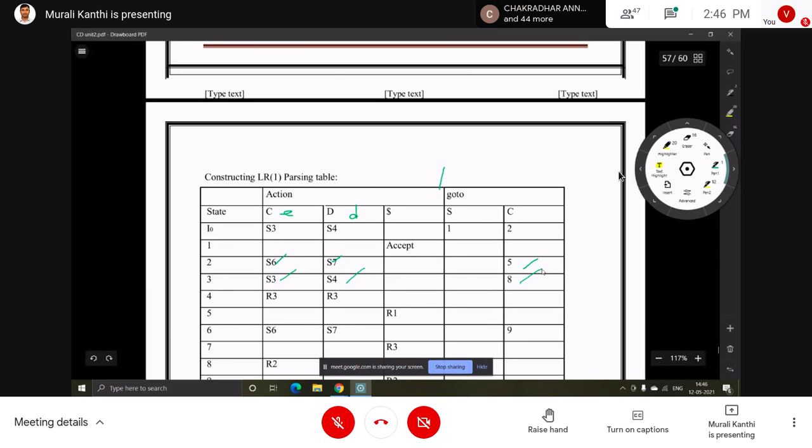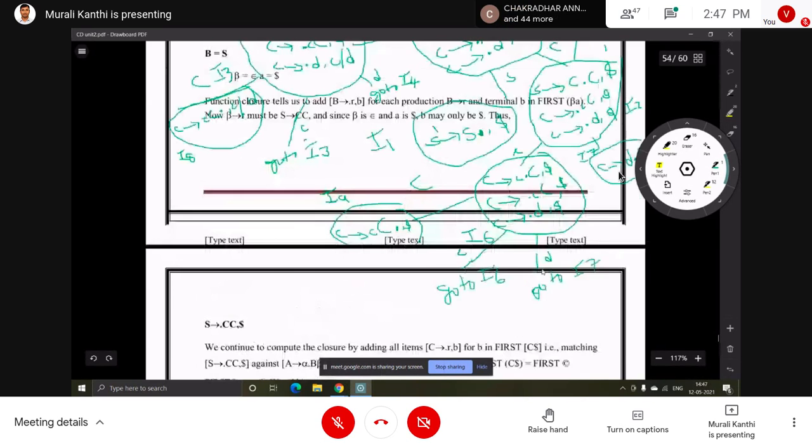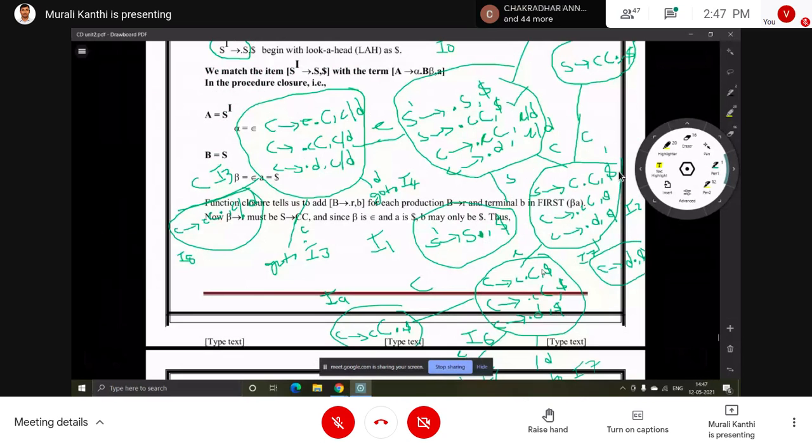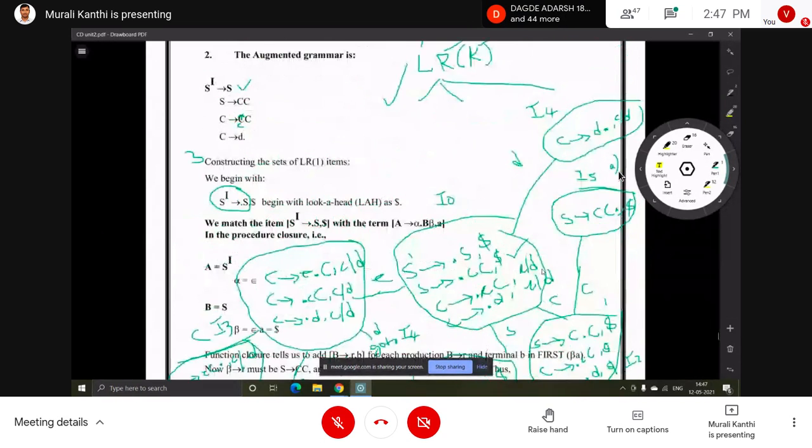Okay. Next to I4. Where is I4? Here no, so we cannot apply the go to function on I4. I5 also no. So performing the shift operation is not possible on I4 and I5.